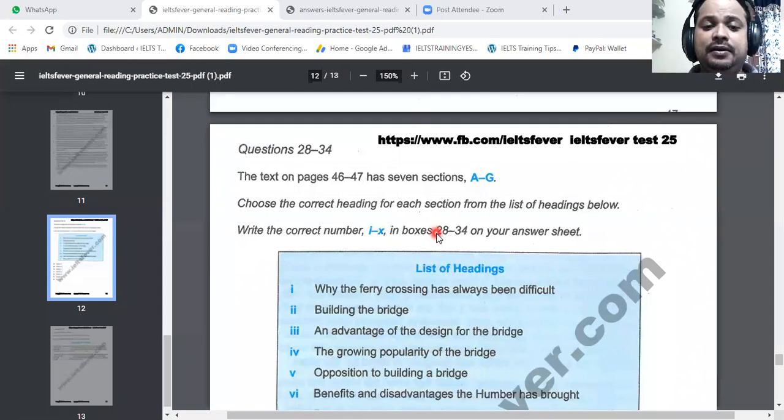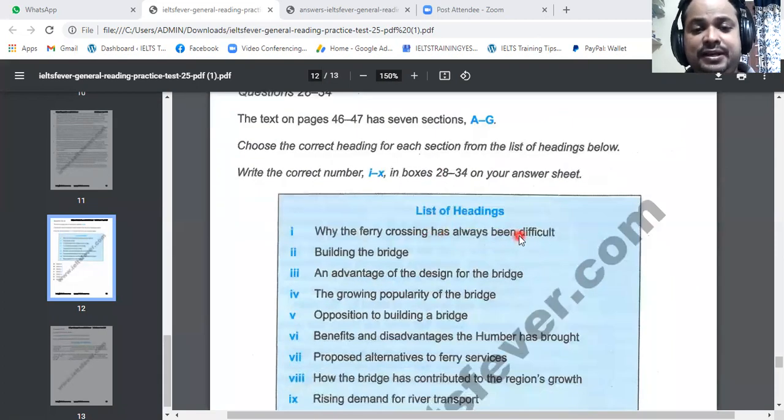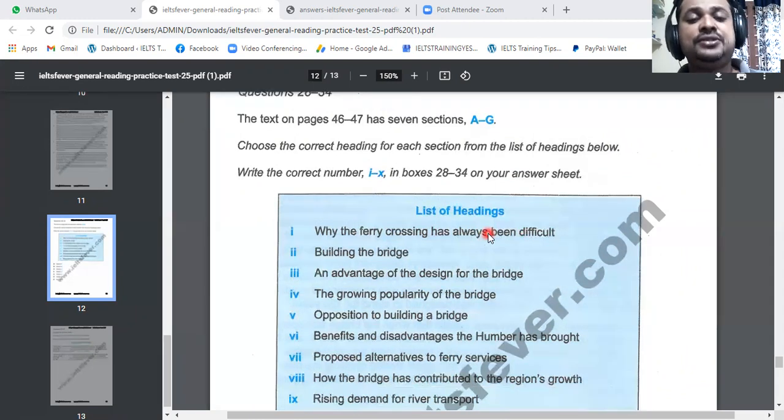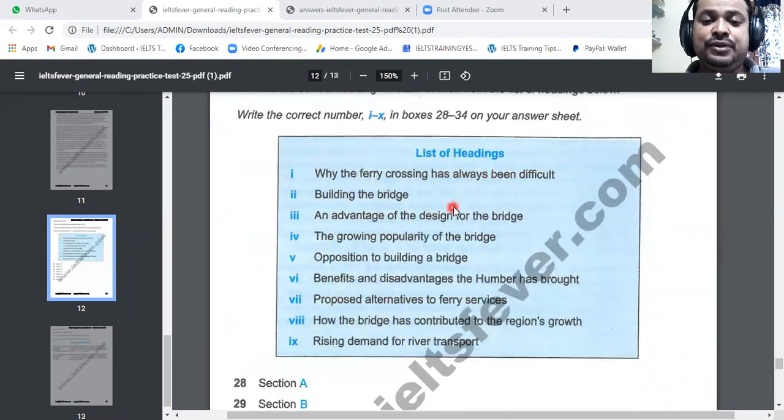So, hi everyone. Today we are going to see a particular type of question in reading. Most of the candidates have problems in solving this particular type of question, that is paragraph heading, list of headings. So usually you have these options here: